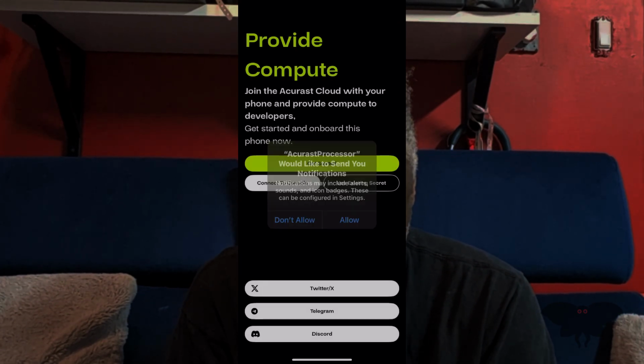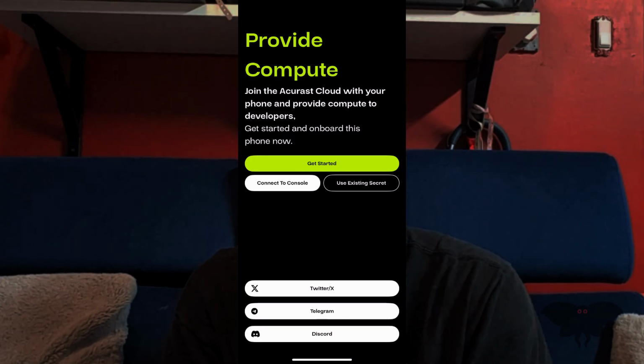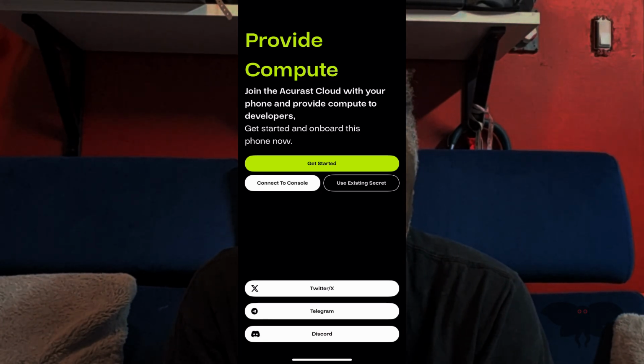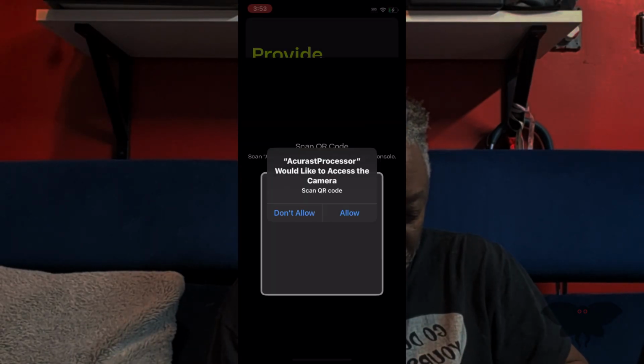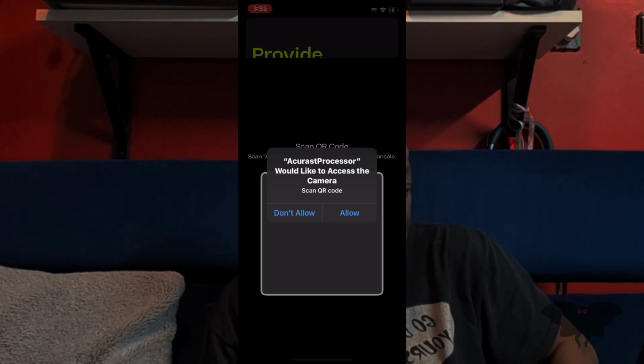Say allow. Okay, so now we need to connect to the console. So you tap on connect to console. You allow the access. All right, then you go to your console and you tap add device. That will open a window